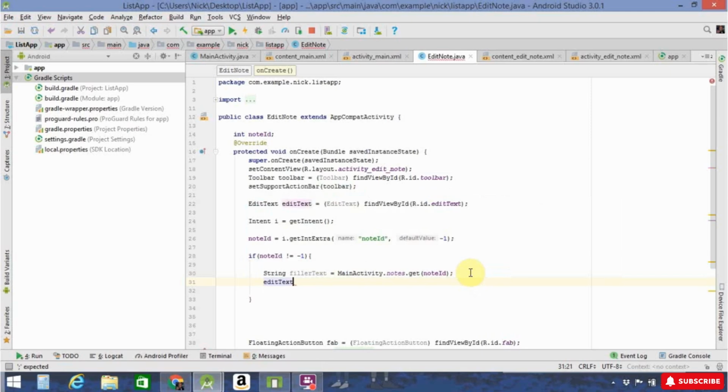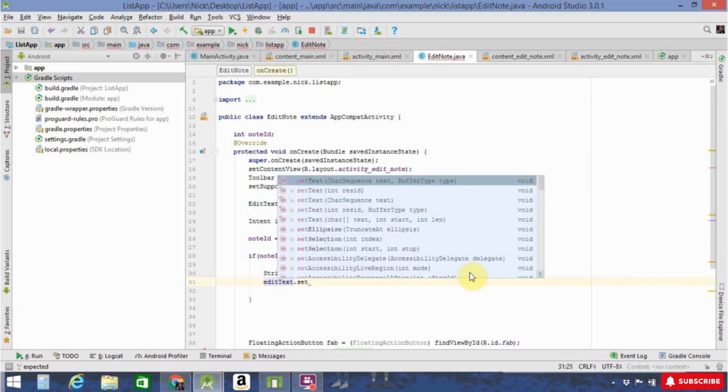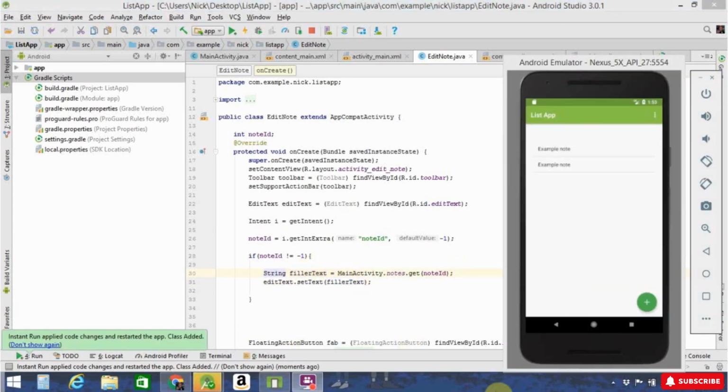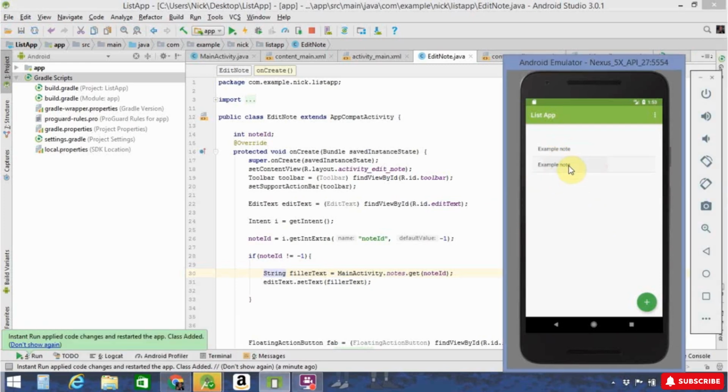We're going to go and set the value of the edit text to filler text. You know, to save a line, we could just take all this stuff and move it down into the set text field, but I think it looks better this way. So now, when you run your app, see I already ran a test here. When you run the app, you'll be able to click on a note,